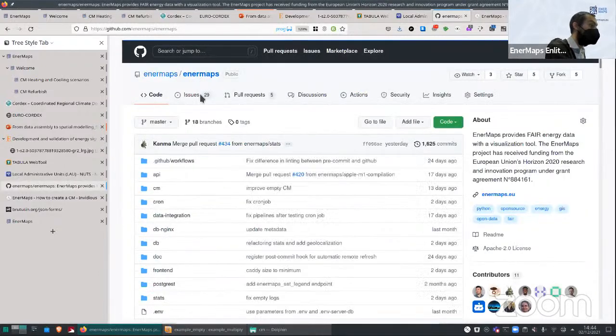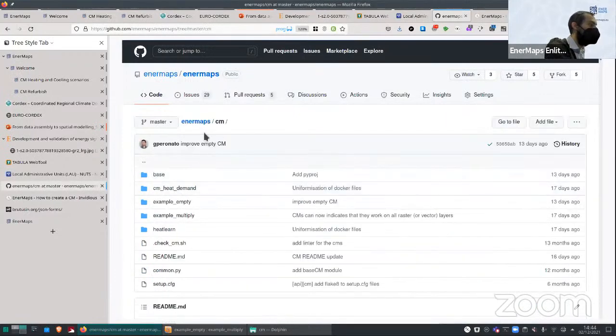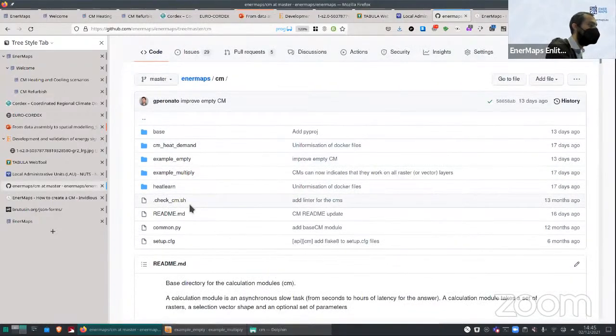To build a calculation module, all the calculation modules are inside the directory CM. Here you can see a list of the calculation modules that are available, where we have an example empty and an example multiply calculation module. The empty is the calculation module where people that want to start their own calculation module can just copy that directory and start modifying the code.